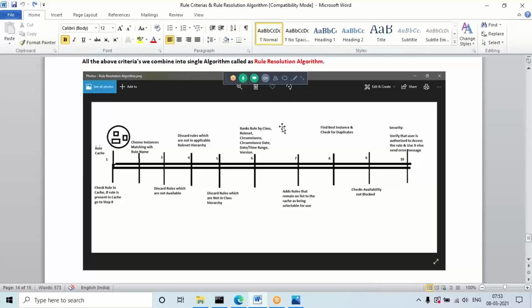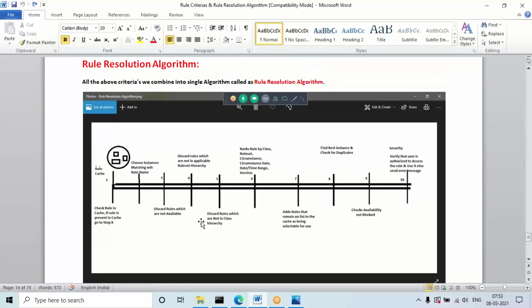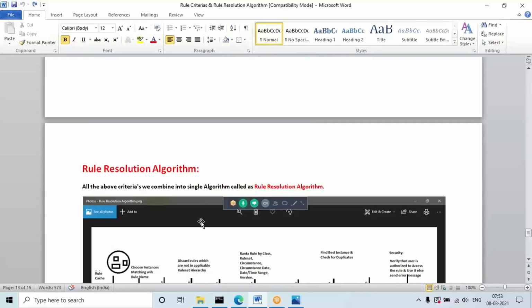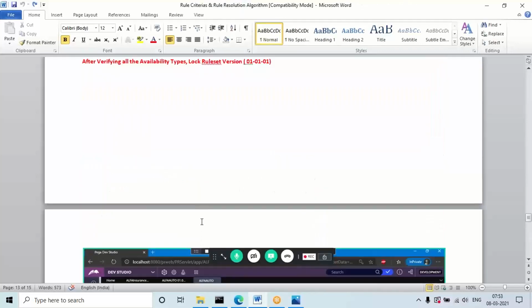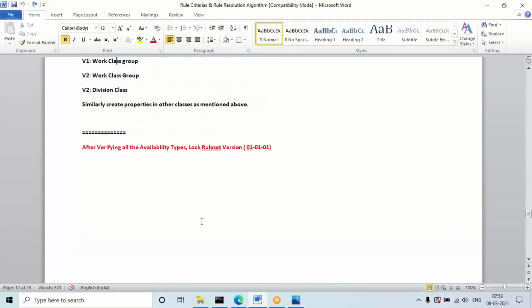The new topic I'll continue in the next session, because if I start now I cannot complete it. Algorithm and all, though practically not required, technically it is required for the developer. If you want to explain anything in interviews, you must have some technical understanding, right? So just learn these things by heart.